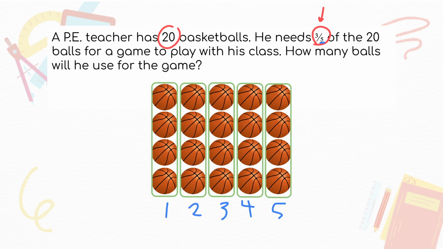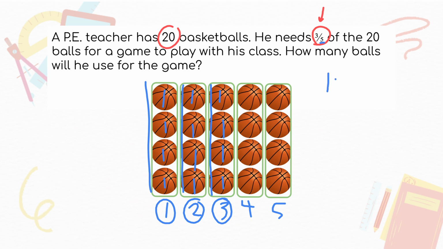He only needs 3 of those 5 parts. So looking here, here's 1 part, this row here, 2 parts, this row here, and 3 parts, this row here. So if he only needed 1 row or 1 part, that would be 1, 2, 3, 4 balls. If he only needed 2 parts, that would be 4 in this first row, plus 5, 6, 7, 8. Now for 3/5, it's 9, 10, 11, 12. He will be using 12 balls